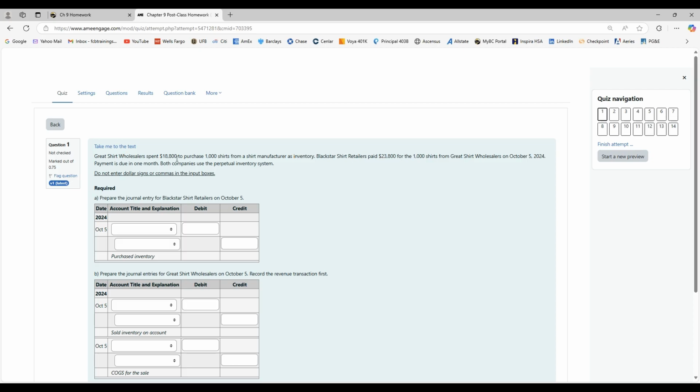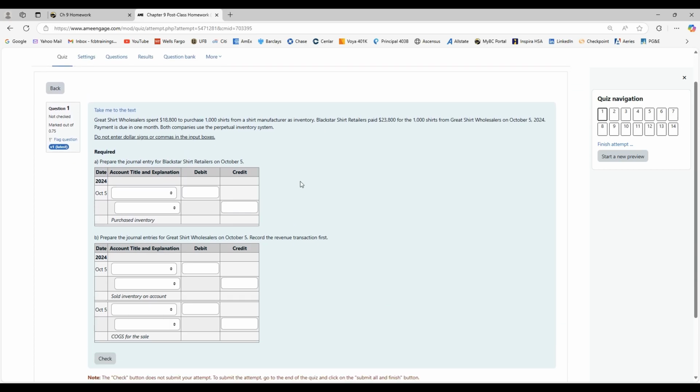And so we got some great shirt wholesalers. We bought these. And then Black Star retailers paid $23,800 for the 1,000 shirts from Great Shirt Wholesalers on October 5th. Payment is due in 1 month, and both companies use perpetual inventory systems. So this problem has you looking at inventory transactions both from the seller perspective and the purchaser perspective,